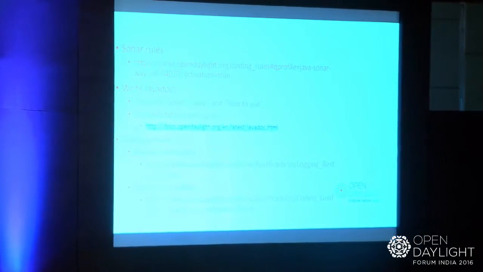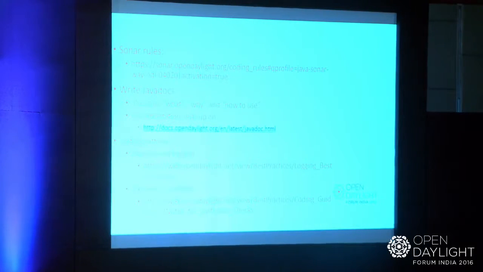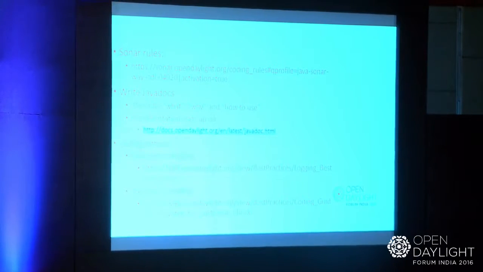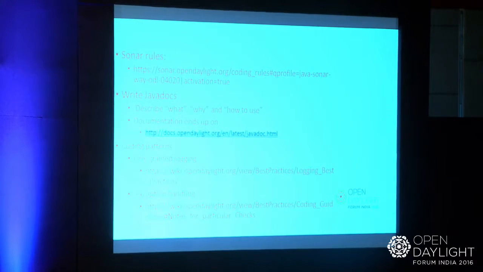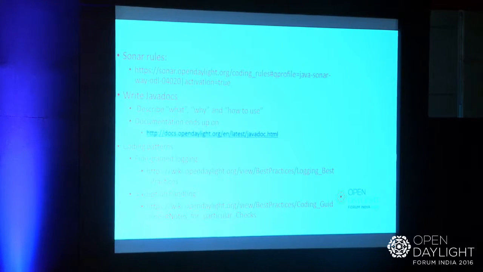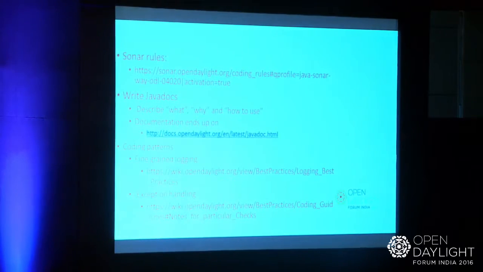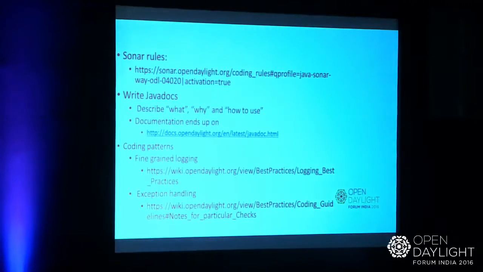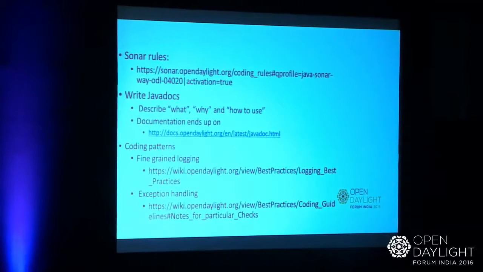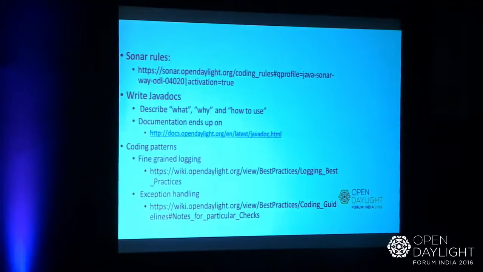Then coding patterns. More often than not, we ask about logging and how to handle exceptions. A few of the committers, Anil and folks, have got together and come up with what would be good logging practice. We have the link there: what actually is a debug, what is info, when do we throw an error, and what are their implications on performance. So always have these considerations in mind when you are coding a patch, because more often than not, things can fail in ways you do not imagine. So have logging enabled either in debug mode or in info mode so that we know what is going wrong after adding the patch.